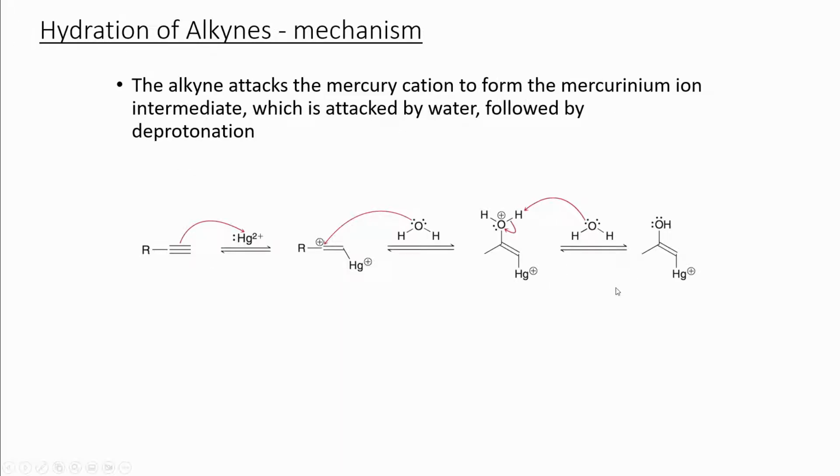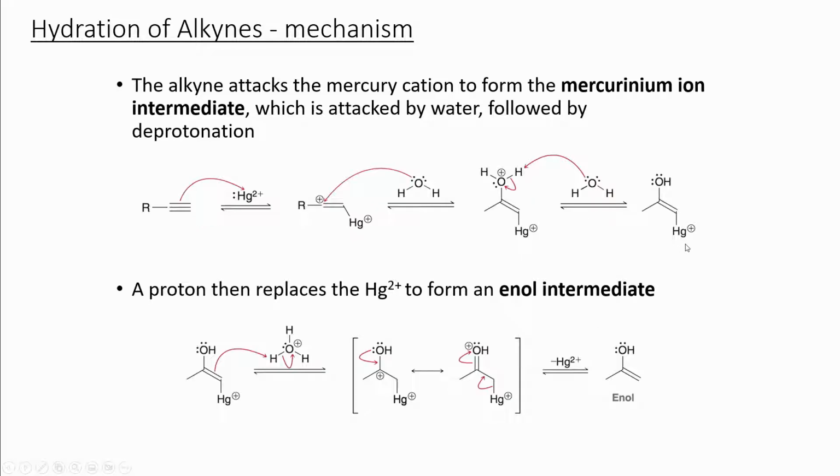We can look at the mechanism of this reaction in more detail. First, the alkyne attacks the mercury to form this intermediate, which can then undergo nucleophilic attack by water. The water is deprotonated, which then forms the enol. Once the enol is formed, a proton can replace the mercury to form an enol intermediate, which can then undergo